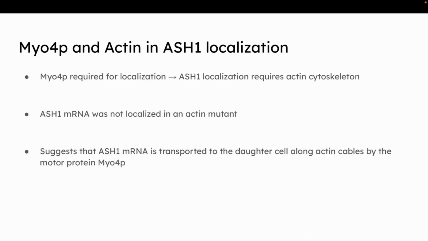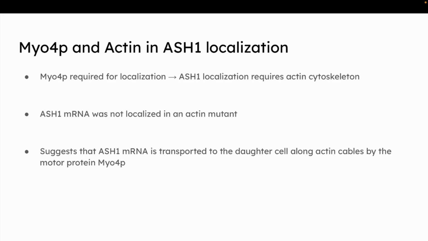It was found that this myosin protein, Myo4p, was required for localization. And so this kind of suggests that the actin skeleton is probably very important for this localization specifically. Now, we also found that mRNA was not localized in an actin mutant, so this sort of confirmed this. And so we now know that we have a bunch of actin filaments, and Myo4